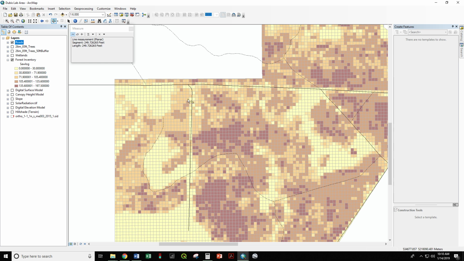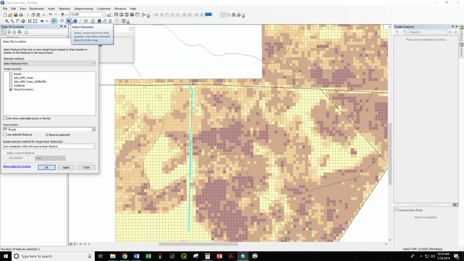So to do that, we first need to select the road segment. And now with this selection made, if we select by location, we can check this box that says Use Selected Features. And that's going to tell this operation to work only on these two segments of road, which is our working area for this week. And we want